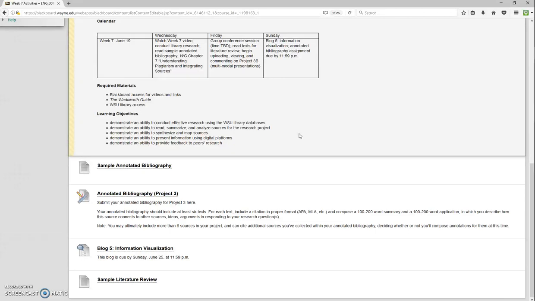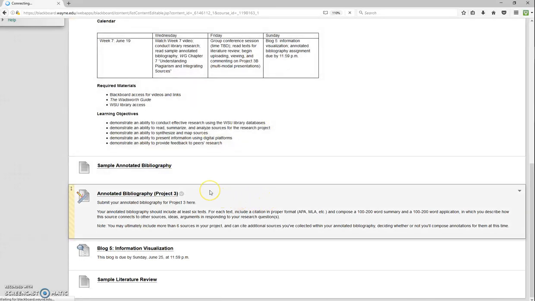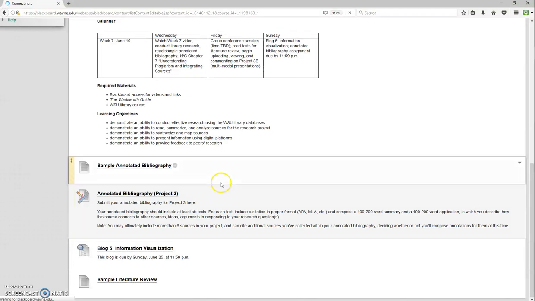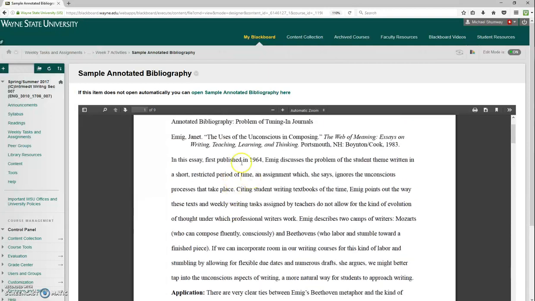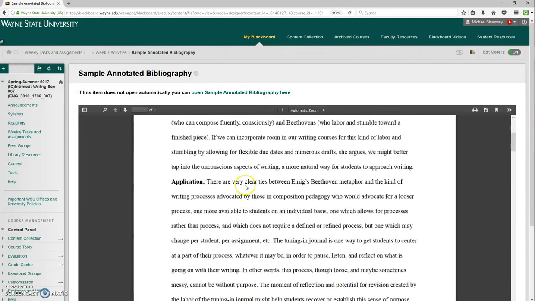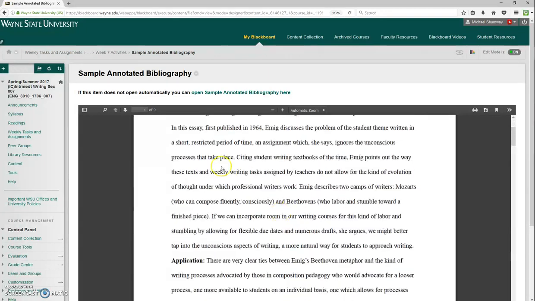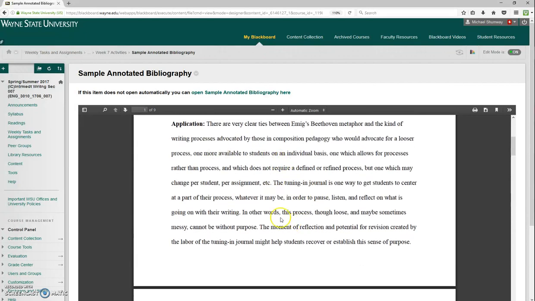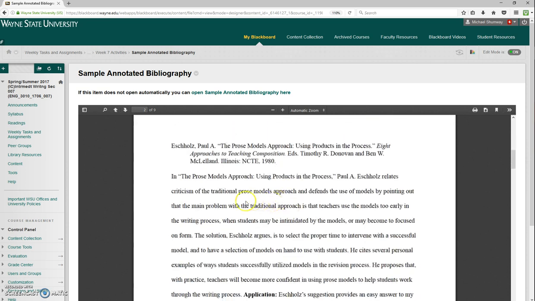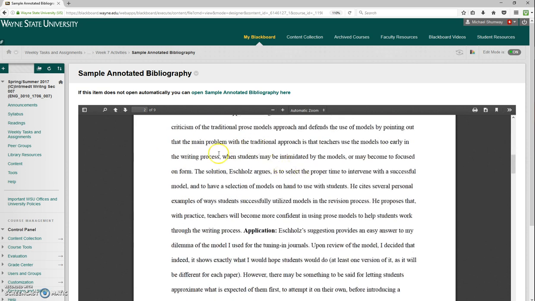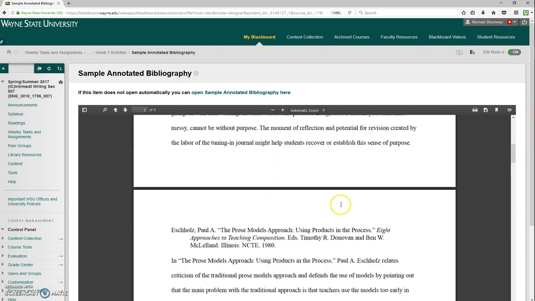Now what you'll do is you'll have a works cited entry. We can actually take a look here. You'll have your citation, and then under that citation you'll have 1 brief paragraph. So we can look. So citation, and then we have 1 brief paragraph that just summarizes the source, and then 1 brief paragraph that talks through how you see this fitting into your project. So again, next source, citation, summary, application.